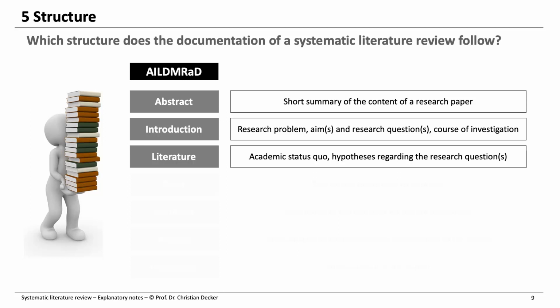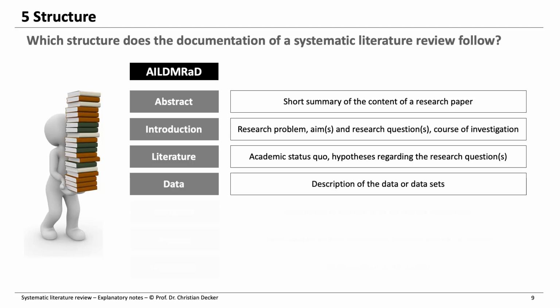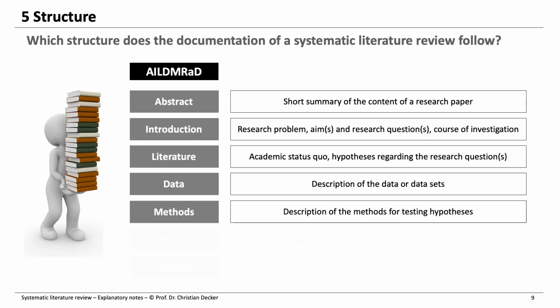The chapter literature is a theoretical reflection of the academic status quo that in some cases leads to a deduction of one or more hypotheses. In most cases, the chapter literature implies a narrative literature review. The chapter data is a description of the data sets that have been generated or collected in primary research or used in secondary research. The chapter methods is a description of the empirical methods that have been used in order